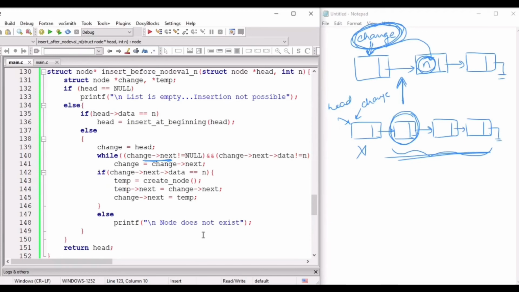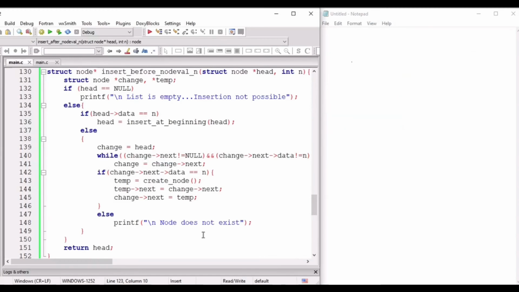If we reach the last node of the list and we don't find n even then, obviously n does not exist over here. So that is the idea. Let us take two cases: where n is not there in the list and where n is there in the list. For the first case, when n is not there in the list,